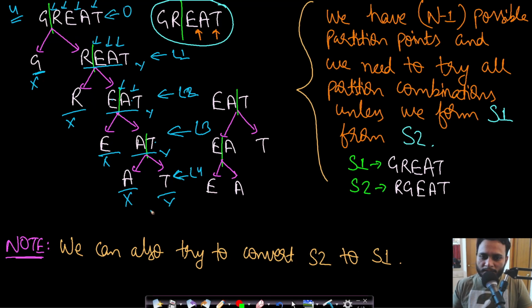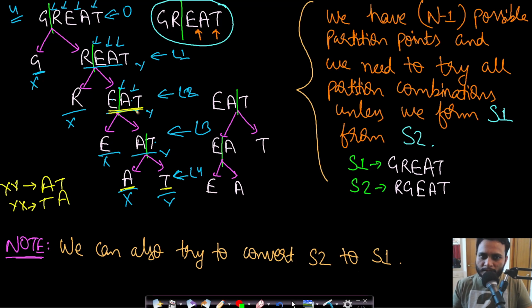So once we keep dividing it and we reach the leaf nodes, then we will start merging them together and we will move up the tree. So now A and T can be merged together. Now we will have two possibilities. Either we can form AT or we can form TA. This AT is from XY and this TA will be from YX. Okay. So there will be two possible paths. Right. So we will have to try all these possibilities.